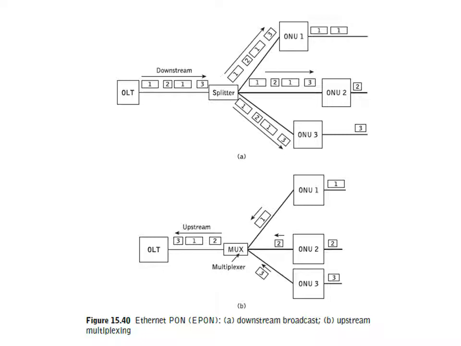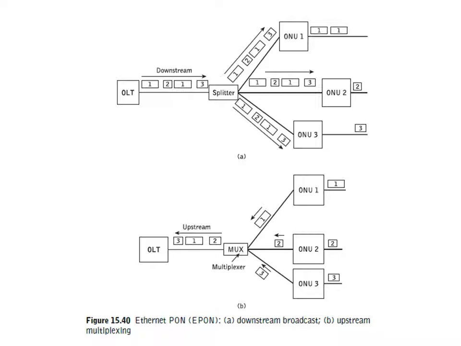You can see in the diagram how Ethernet PON is connected for upstream broadcast and downstream broadcast. The first one depicts the downstream transmission for the Ethernet passive optical network, where the data is broadcast from the OLT to multiple ONUs in variable length packets to the three ONUs, optical network units.